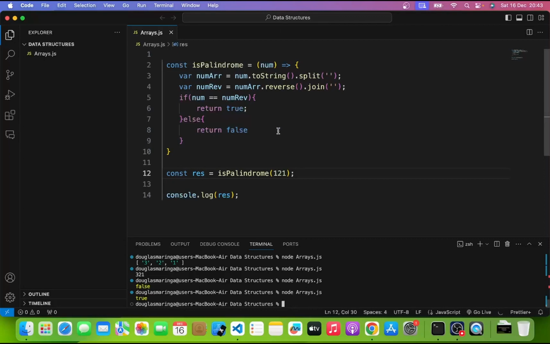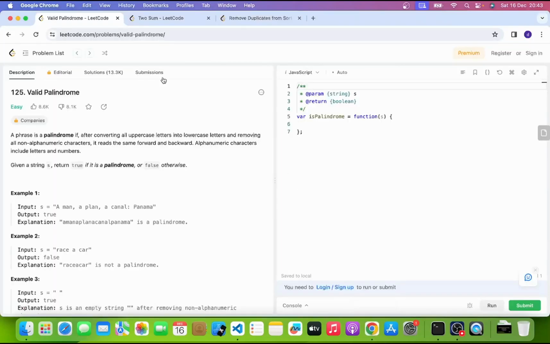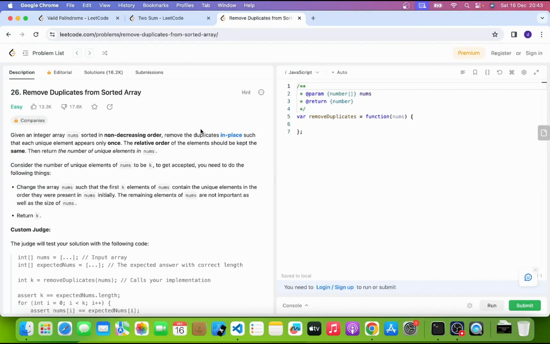Okay, so yeah, I think let's see which question we can do next. Yeah, because we want to do all three, but then we just want to do them in order of the ones that you can understand the best, so that it's not too difficult for you. Okay, so I think, yeah, remove duplicates from an array. So what are we trying to do here? We have an array,